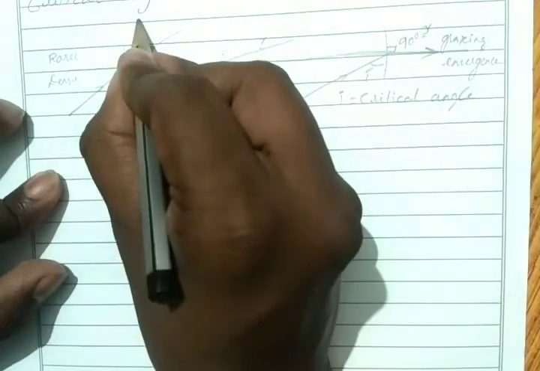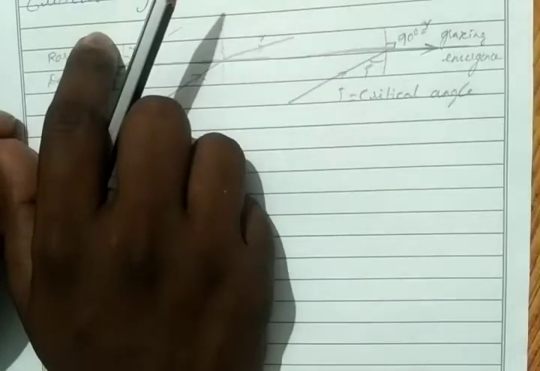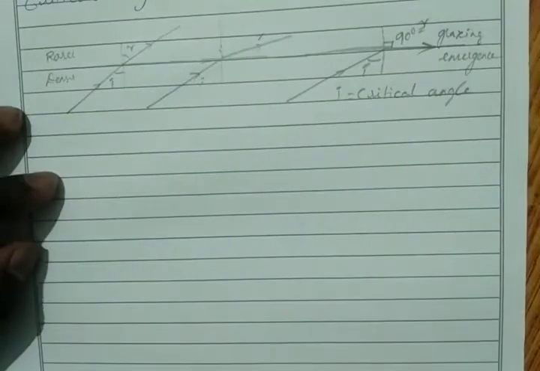So instead of moving away from the normal, the light moves like this, towards the normal. In the second case, again it moves like this. In the third case, again it moves like this. So it never moves away. That's why we use denser medium to rarer medium. So light should pass from denser medium to rarer medium. Then only this condition will happen: our incident angle is equal to the critical angle when the light passes along the interface of denser medium and rarer medium.